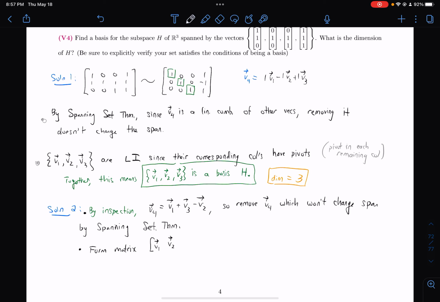V1, V2, and V3. And look to see if it has a pivot in each column. Look for pivots in each column. It'll turn out that it will have pivots in each column, so those remaining vectors are going